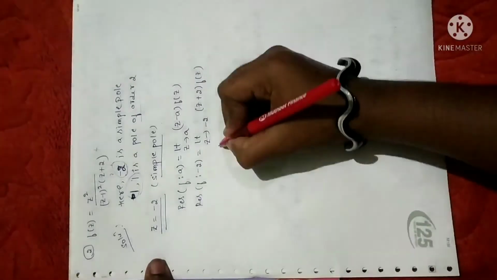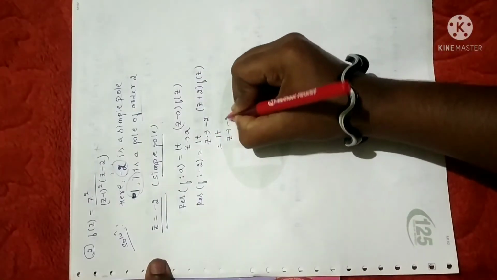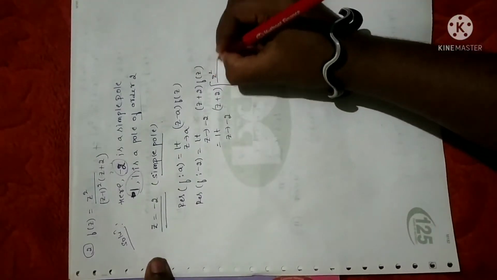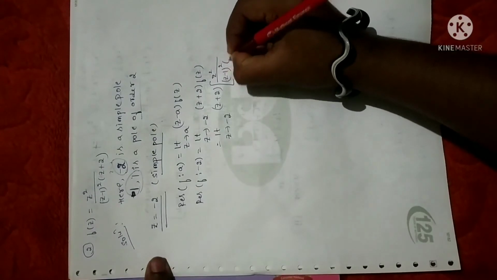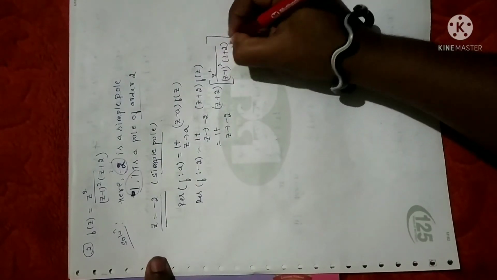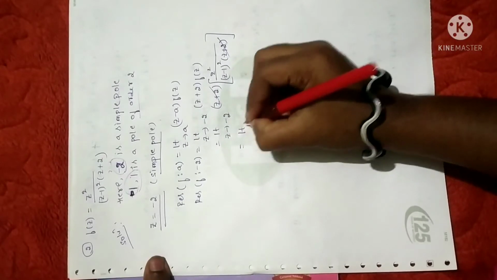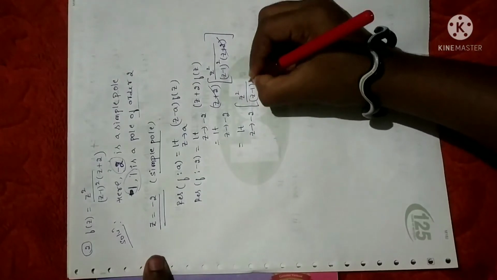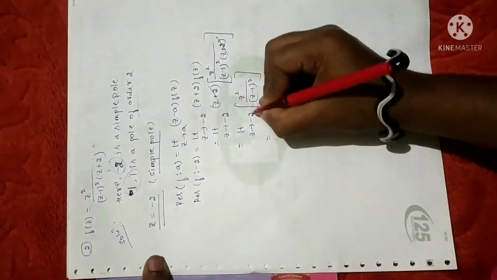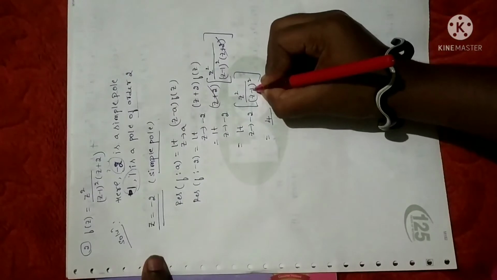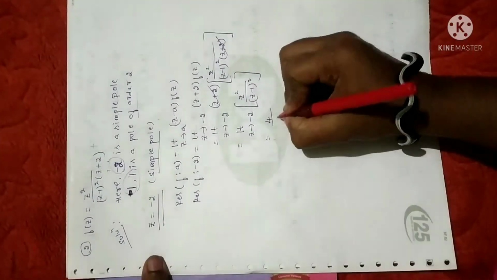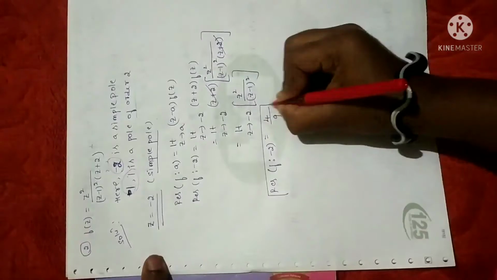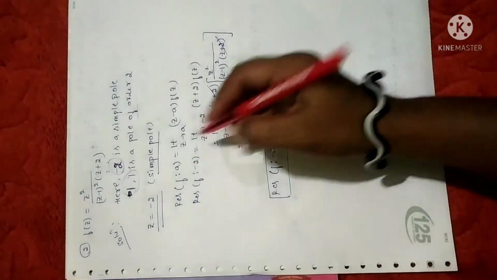Clear? So as I already told you, first you have to substitute the function here. So let me substitute the function. (z plus 2) into f of z, which is z square divided by (z minus 1) whole square into (z plus 2). Now terms get cancelled. So you will get limit z tending to minus 2 of z square divided by (z minus 1) whole square. Now replace z with minus 2. So you will get minus 2 whole square is 4. Here minus 2 minus 1 is minus 3, minus 3 whole square is 9. So 4 by 9. Residue of a function f with reference to minus 2 is 4 by 9. So this is with reference to a simple pole.